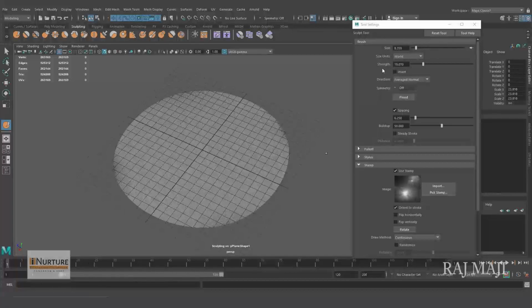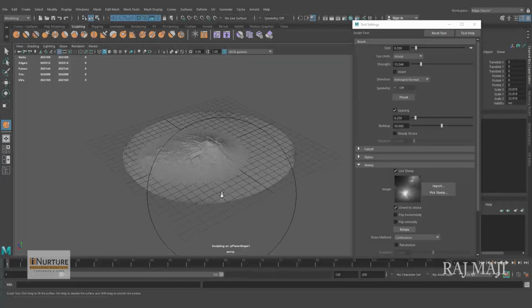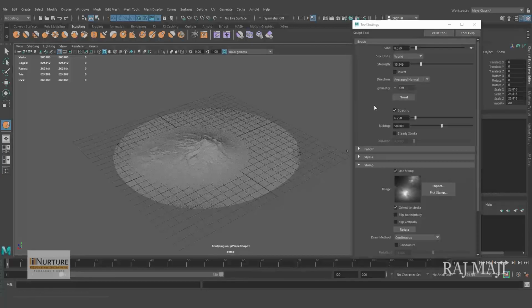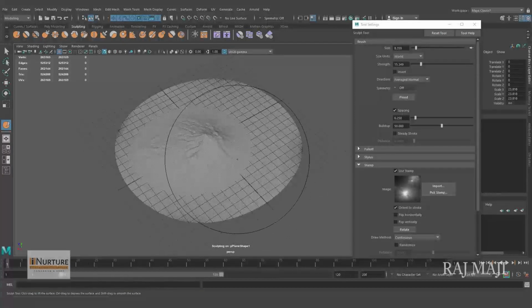Strength, by default it is 19 or something. Let's make it 15. I don't know what should be the strength. Sculpt it. Alright, and I think the strength is alright. It is fine. Now making the brush size a little bit more.